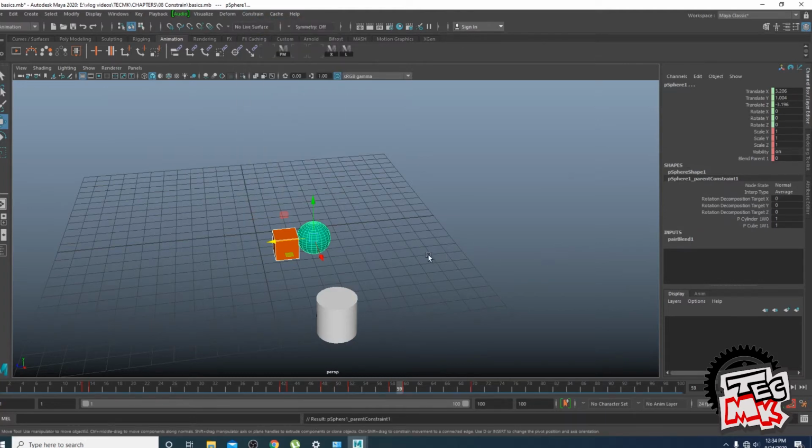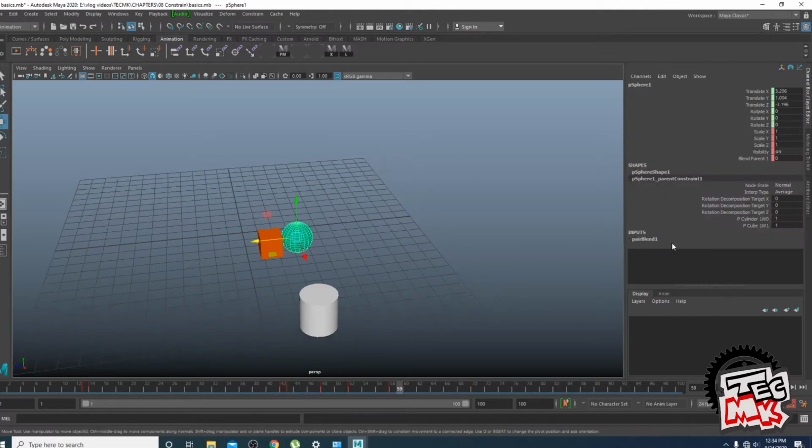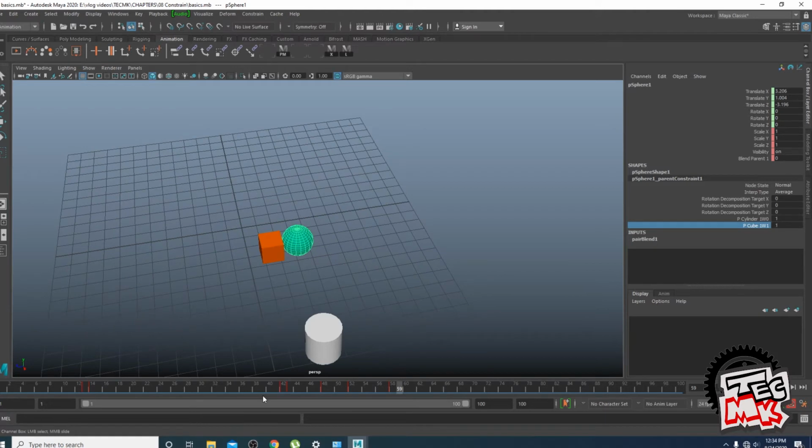Now, there's a change in the channel box which I would like you to have a look. In the channel box, if you see, these parts as usual, they are like that. But if you see down, there are two new options. One is the parent cylinder and one is the parent cube. And you see both the values are 1. That is, both of these have full control over this sphere. What happens? Now you see here, things are not operating as we want them to do because both the parents have equal effect on the child.